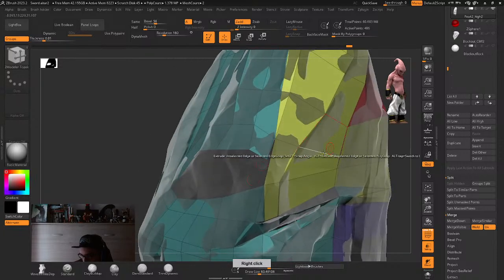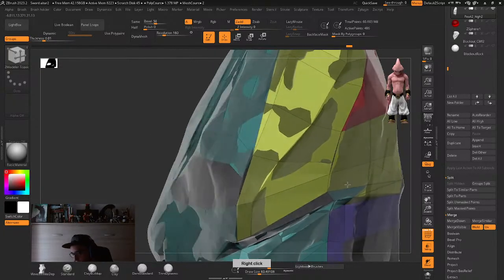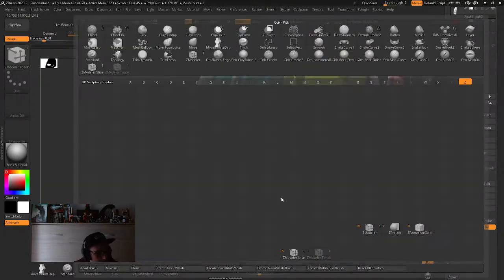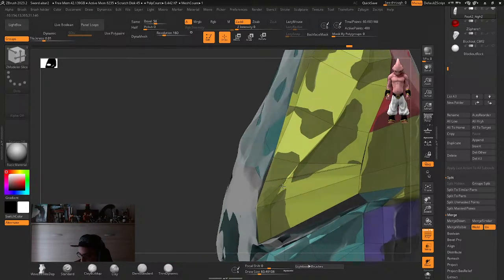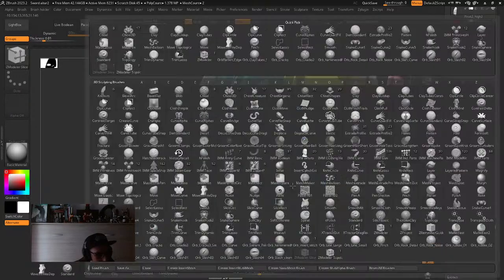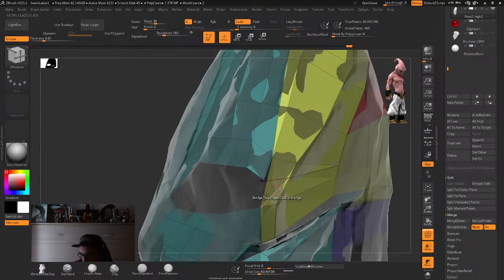And now to close this is gonna be a little bit of a pain though. Let me try something. Click here, click here, click here. And BZM, delete